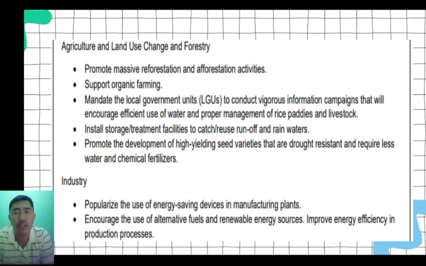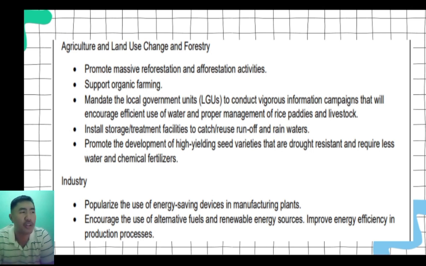So by educating them, by having a campaign about that matter, they will be educated and know more of what needs to be done to help the environment, and of course to maximize the use of their lands, their farms. So yeah,